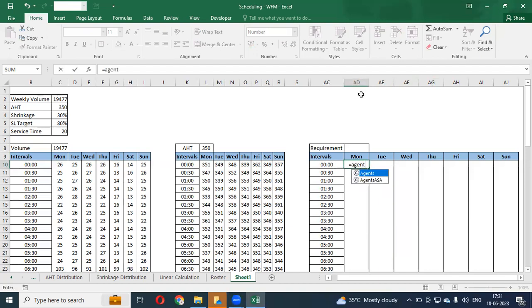The formula is agents. We have two formulas to calculate the requirement: agents and agent ASA. First of all, we will learn agents. So in agents, you will see,